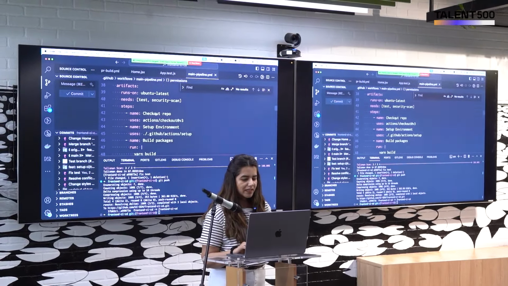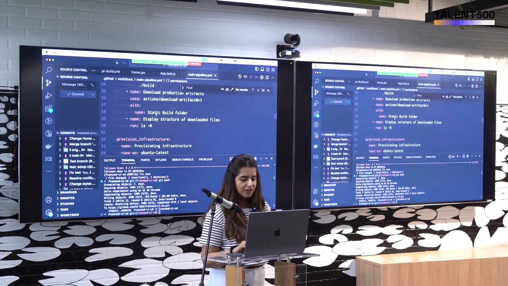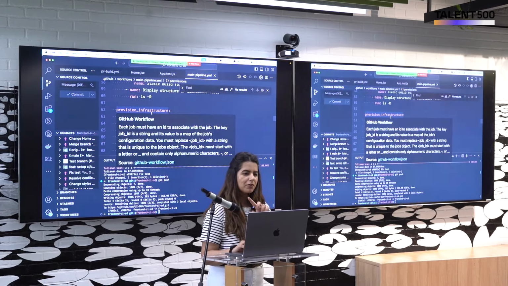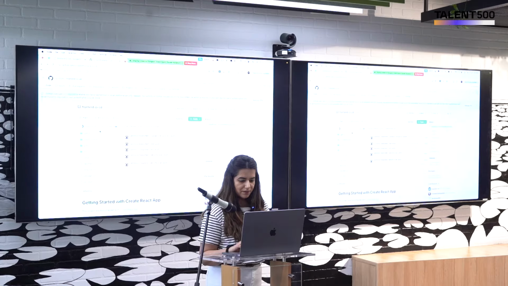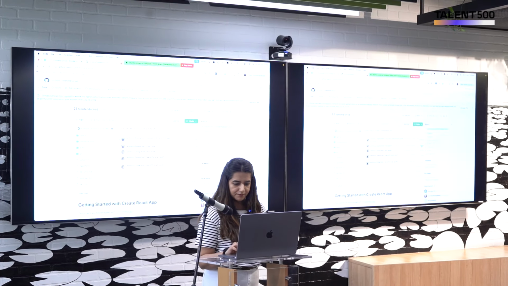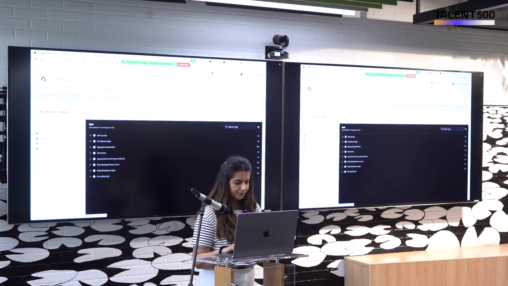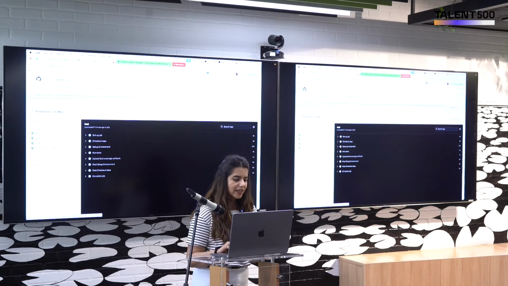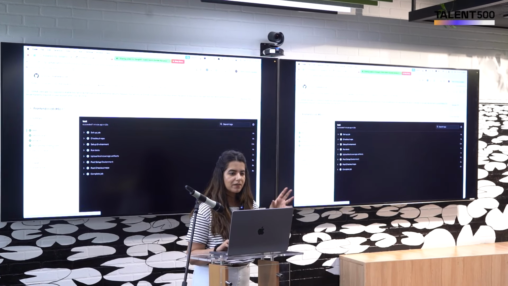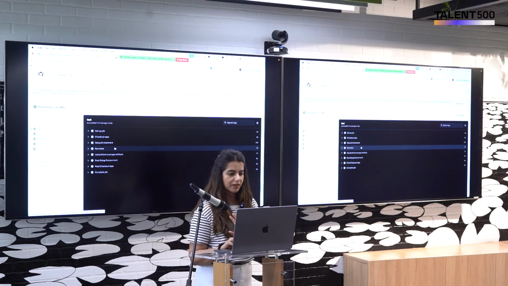Again, the same thing, we're creating the artifact, we put it in the build folder, and then we will talk about provisioning the infrastructure. Now, if you see here, what all passed? The test passed, security scan passed, the artifacts are created. Now, once we have the build folder, I want to deploy it, right?